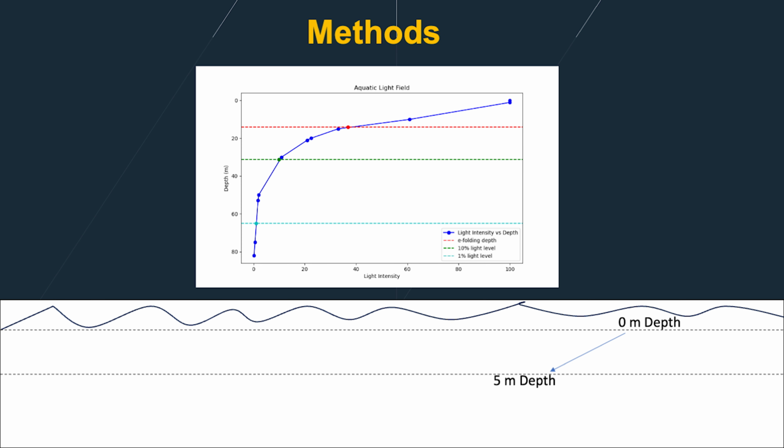So this is another graph of our aquatic light field. What I did with this is that I first did a log linear transform, meaning that I took the log 10 of the light intensity values and plotted those once again against my depth values to get a more linear line so that I can interpolate my data products from these points. So I looked at points above and below in depth, my specific light intensity values, and that gave me, using the slope, the values in depth